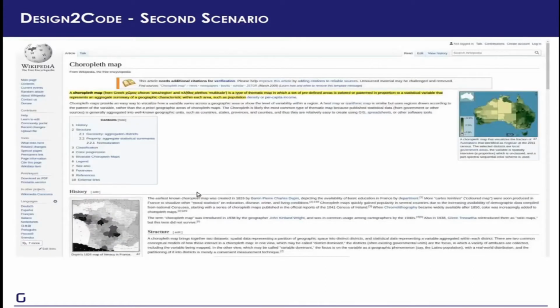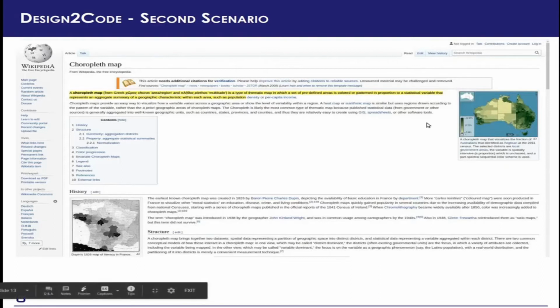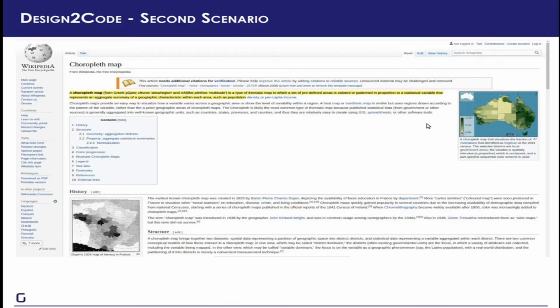So, here's what we did. Imagine that this is a web page in which we have to detect charts. We can see that this page has two maps. And as you recollect, map is one of the five categories of charts that our original model is trained on identifying. But obviously, it cannot classify this page. If we crop out any of those two maps, this is a map of France and this is a map of Australia, and feed it to the model, it will give me the correct prediction. But it doesn't know what to do if it's given a screenshot of this entire page.